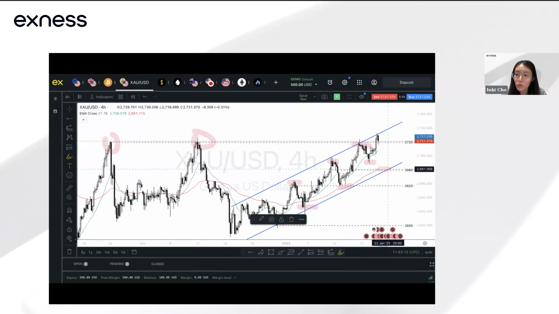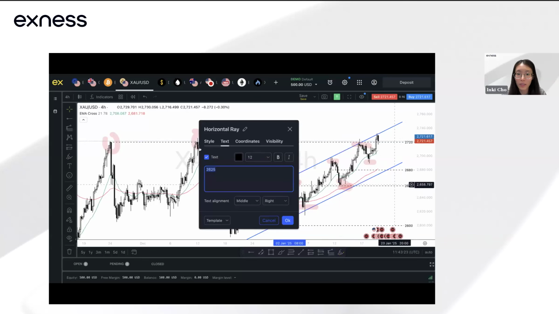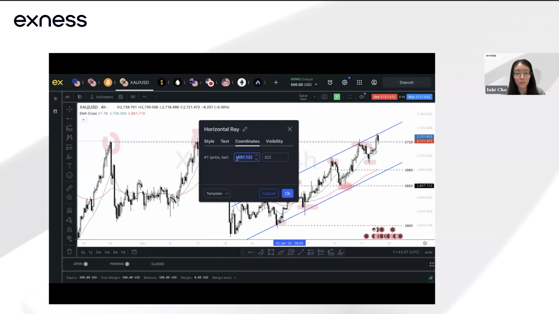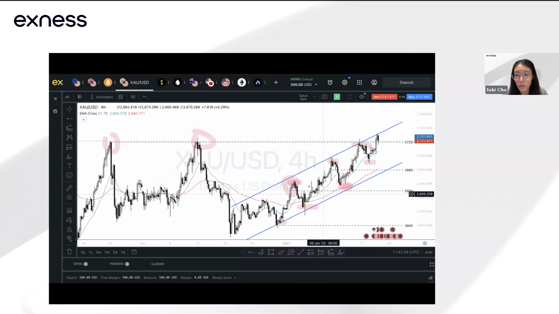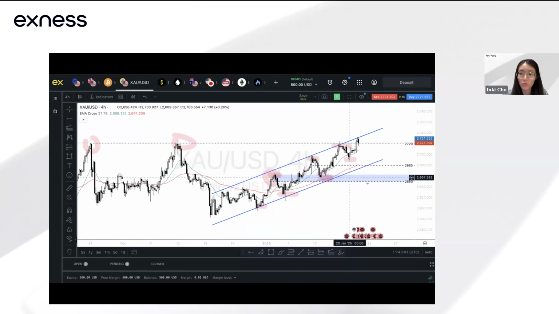And if price breaks below 2680, then a deeper retracement towards the next support that was tested here and also here, this area. So this comes at about the 2650 level, this area here, this region, this area in blue. So these are the two support levels for me. I will remove the 2600 level because it's too far down.